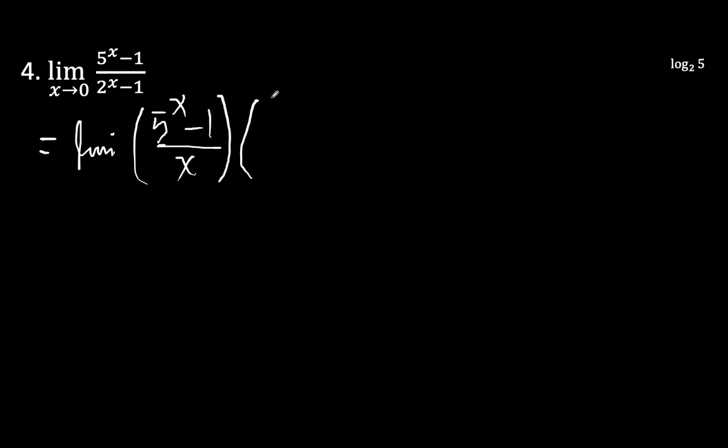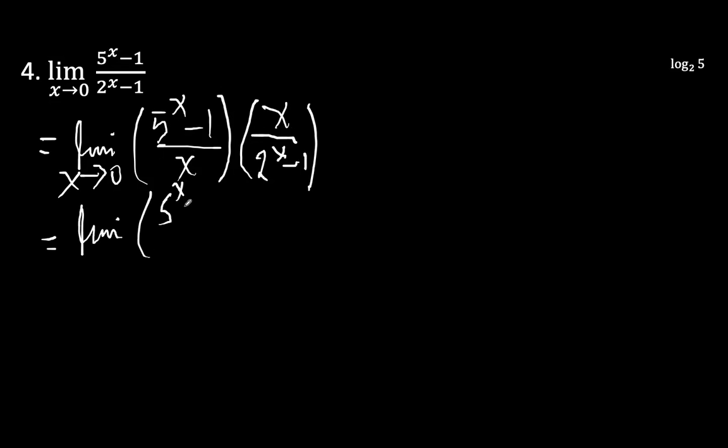Okay, since we divide this by x, we need to multiply the numerator by x as well, such that it's the same way as we're multiplying it by 1. So 2 raised to x minus 1 as x approaches 0, something like that. Okay, and here, so we can take the limit of each factor. So we have the limit of 5 raised to x minus 1 all over x as x approaches 0 times